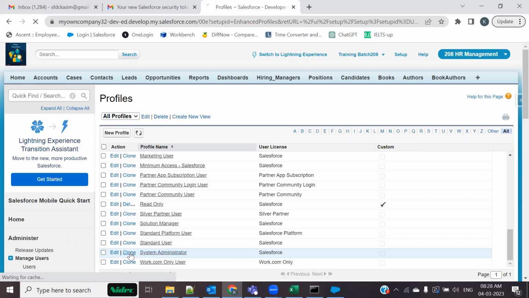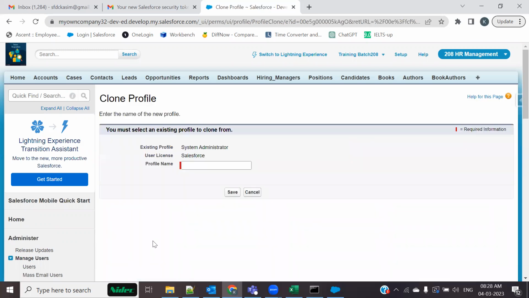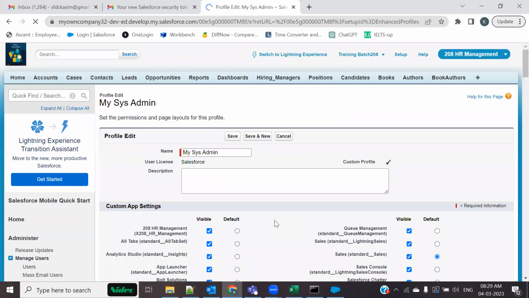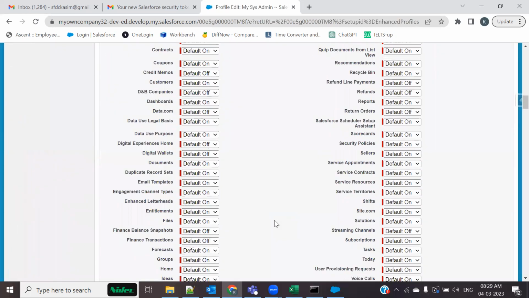All right, I'll clone this. And I would create a custom profile for myself, my sysadmin. And this is something that I'm going to assign to me wherever I would require to perform any such kind of operation. अभी जैसे मान के चलो मुझको बल्क एपीआई हार्ड डिलीट करना है, तो एक तो वो तरीका जो मैंने आपको बता दिया कि I have created a user for me, दूसरा I have created a profile for me, मैंने अपने खुद के लिए एक प्रोफाइल बना रखी है जिसको मैं किसी और को नहीं देता,